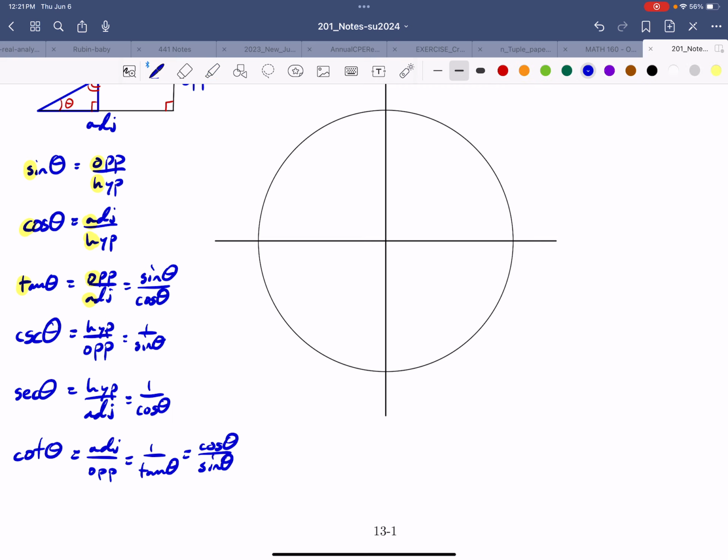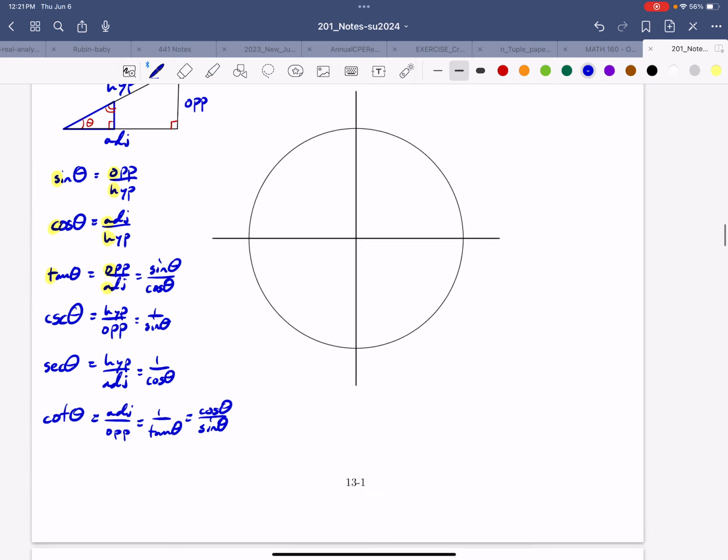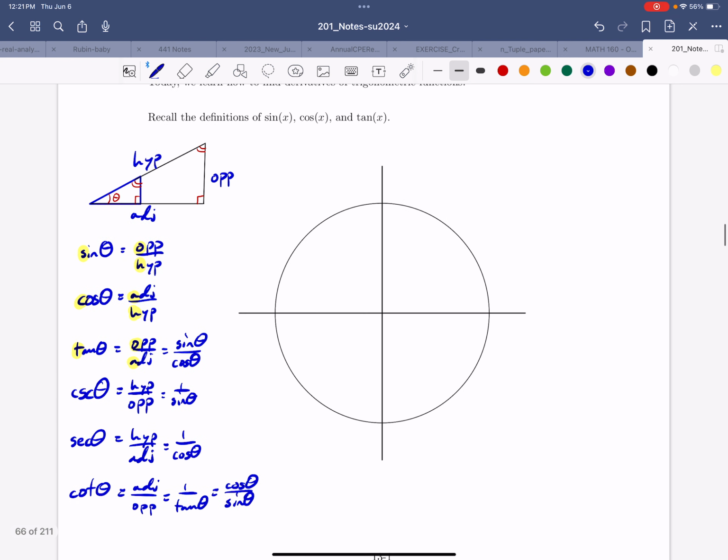SOHCAHTOA. Hats off to whoever came up with that. Anyway, now that we have these trig functions, let's recall the unit circle. In fact, let's recall radians. Now, if you think about it,